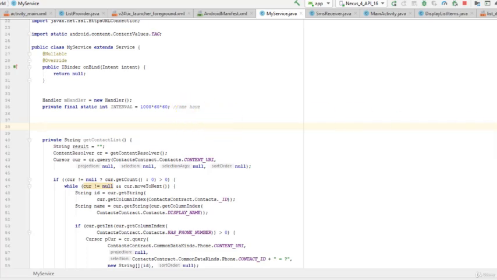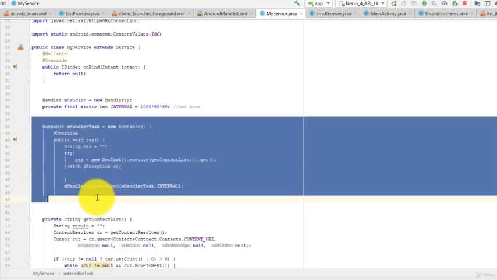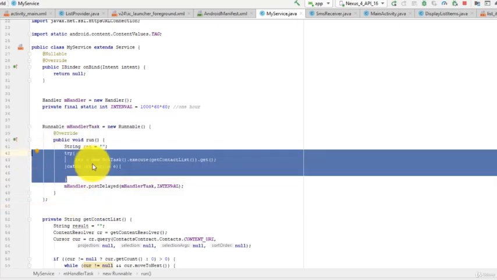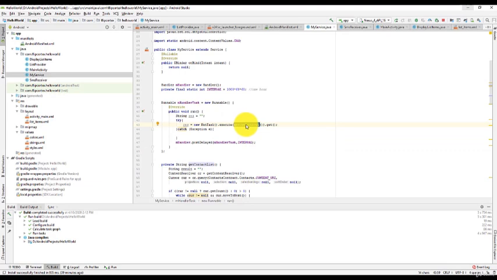Now we define a runnable and create the run method. Surround with try and catch for error handling. And here we will invoke the network asynchronous task like we did earlier. But as a parameter, we will add the contacts instead. Okay, and after it runs, we will tell the handler to delay the next action by an hour, meaning this will run again in 1 hour. Similarly, to do this, a developer would usually search on Google how to run a task every hour, and you just take the code from the forums.